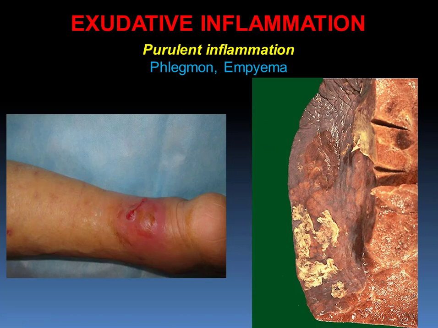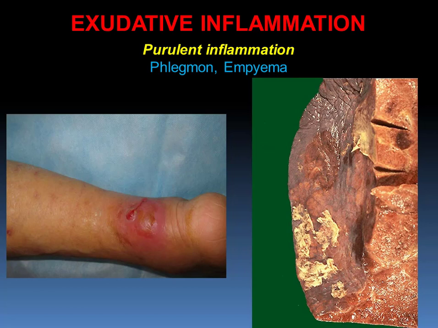Diffuse purulent inflammation also has three subtypes, which are phlegmon, empyema, and cellulitis. Phlegmon is diffuse purulent inflammation without borders, most often occurs in subcutaneous tissue, in the fascia along the neurovascular bundles. May also occur in parenchymal organs and meninges of the brain or spinal cord. Phlegmon is always acute inflammation.